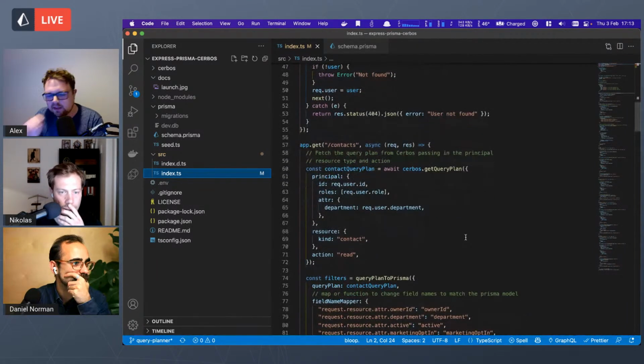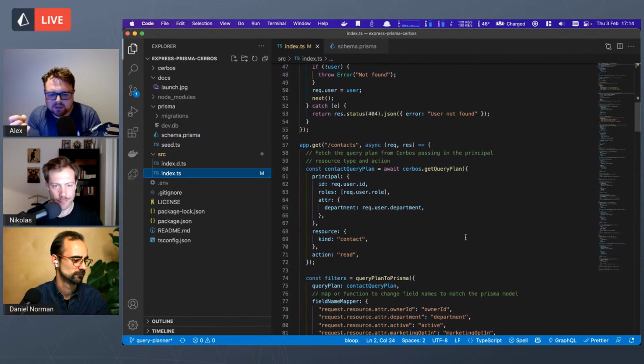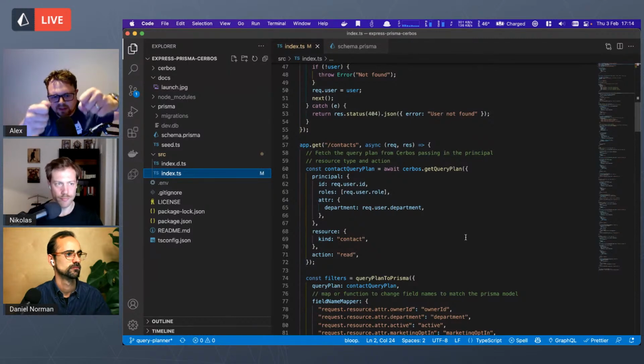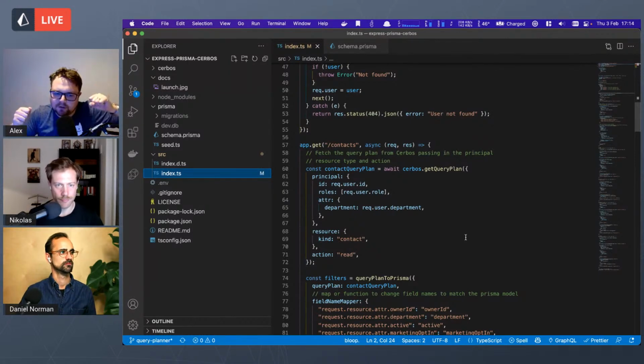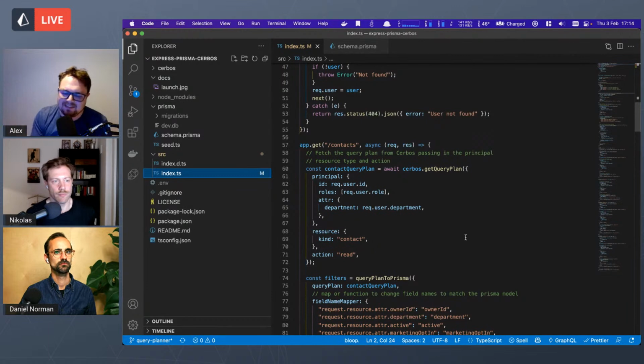So we have a handler here for going to fetch all the contacts. And the listing problem is a problem in any sort of authorization system. If you have a single resource and you want to see whether someone can do something on it, it's quite easy. You have the resource, you have the user, you go and say, can they do this thing? And it comes back yes or no. But if you wanted to present a list of contacts, like an index page, and you have your 100 contacts in the system,